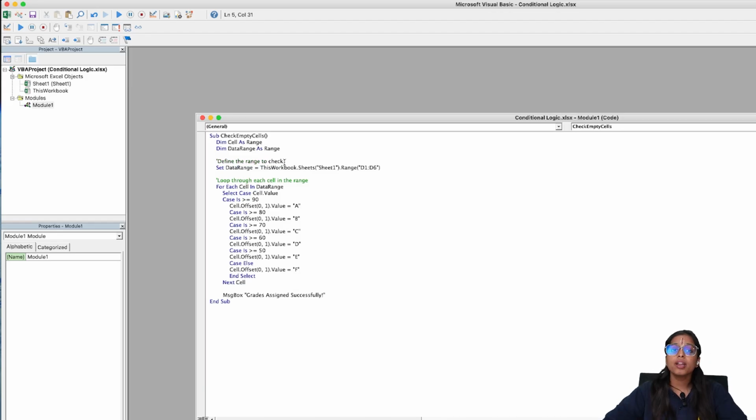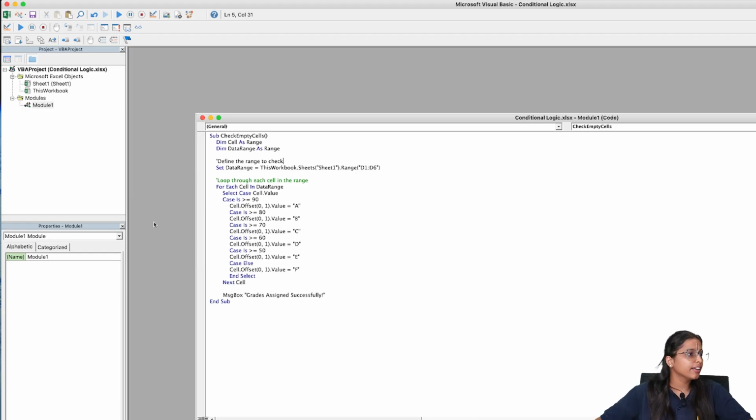Remember, whenever you are adding any comment in your code, make sure that it is relevant to your code, so that whenever you are handling errors, it gives you the benefit that you can just read it and understand what this part of the code is doing. Now, I am not going to change the range.